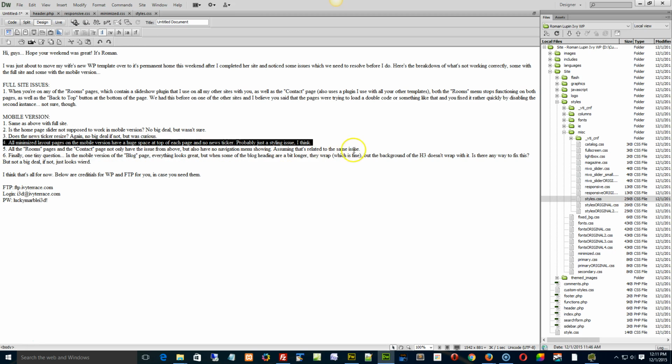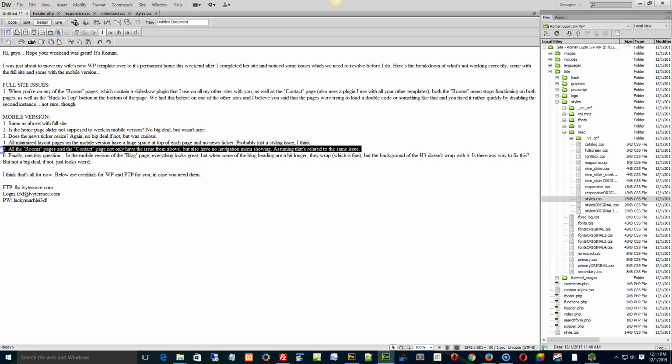Rooms contact, same issue. It's the jQuery issue, and it's one of those pain in the neck things. I can't fix it myself. I'll have to get Brandon to help me out with that one. The reason being is the JavaScript is being loaded in the middle of the page, and that's what's causing the problem. It's not being loaded at the top. Normally I can just go ahead and sort that out, but it's being loaded in the middle of the page. I'm like, oh, great. Now what do I do? So